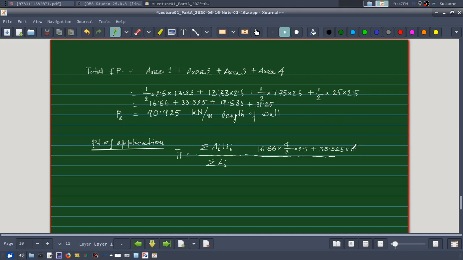Let me write it down for your benefit, half of 2.5 by 2, then plus third value 9.688 into it is 1/3 of 2.5, so 2.5 by 3,